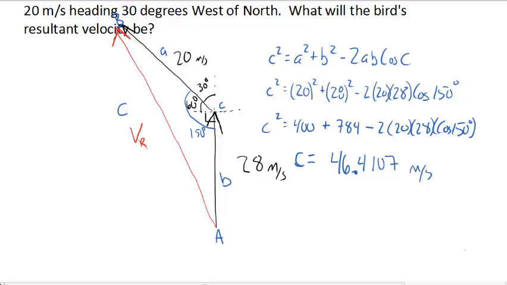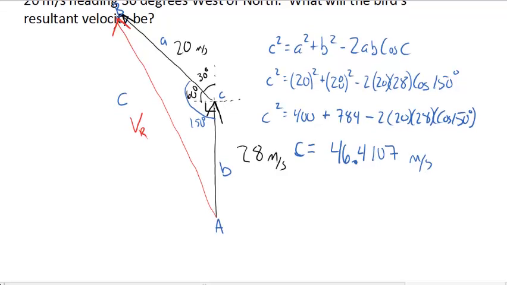So when we work that out, that comes out to about 46.4 meters per second. Now this is a vector. Velocity has magnitude and direction, so we need an angle. The heading that this bird will go in. So the bird is the red vector here, VR. And so I can give one of two angles. I can give this angle and say that it's going at whatever angle happens to be north of west,